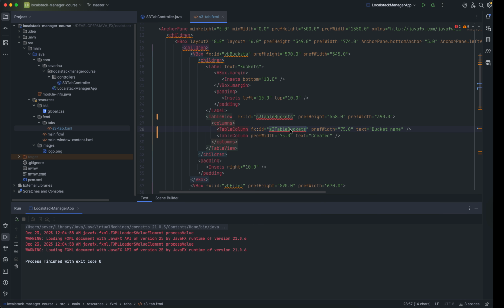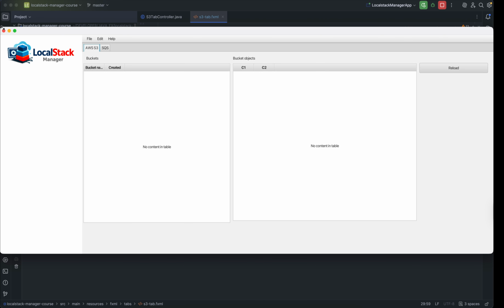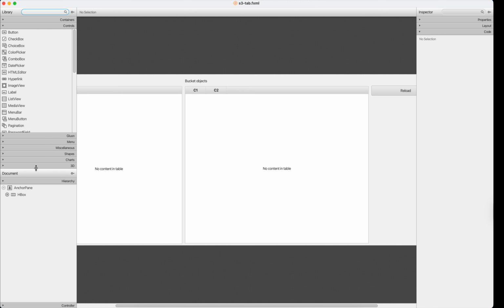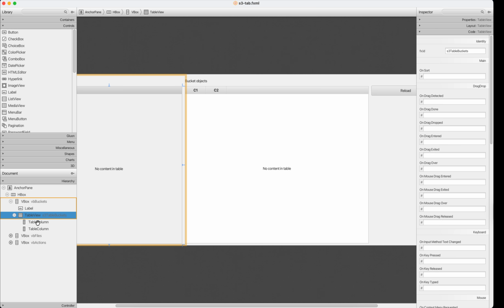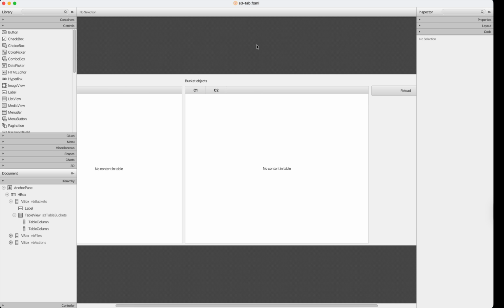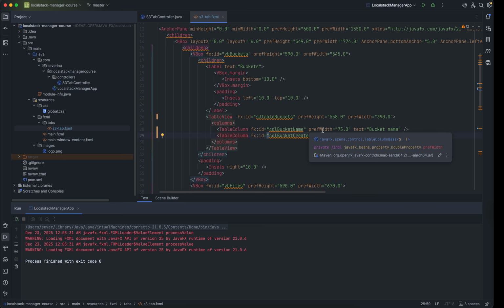Let's name that column here col bucket name, and the second one, let's name col bucket created, like that. Nothing's changing, but if we go to Scene Builder, in the columns we will be able to see the IDs of those columns and table. So we have table buckets, bucket columns,